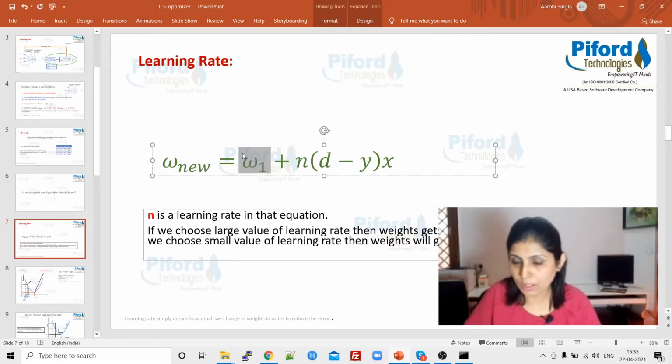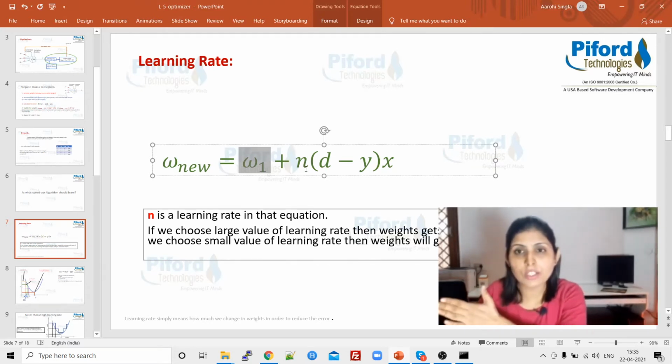So old weight value of W1 plus n, where n is the learning rate, which I've just told you, at what speed you want to train your algorithm, at what speed you want to change the values of weight. Okay, so n is the learning rate. That simply means at what speed you want to change the values of weights. d is the actual y value, y is the predicted y value, x is the input.